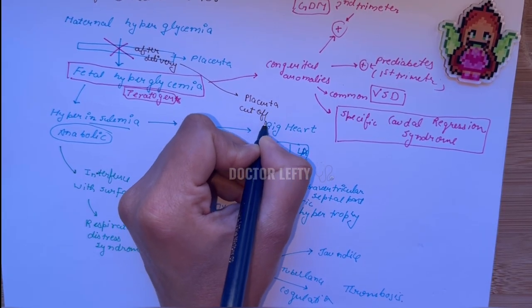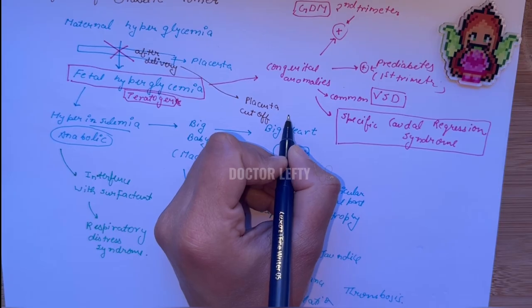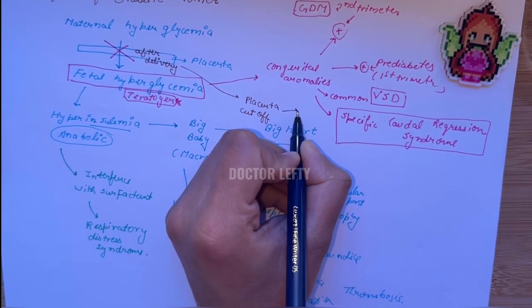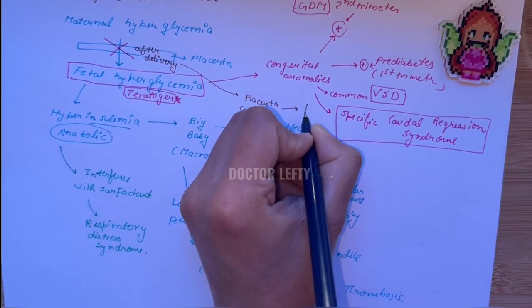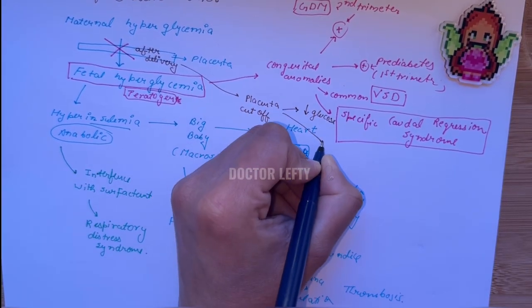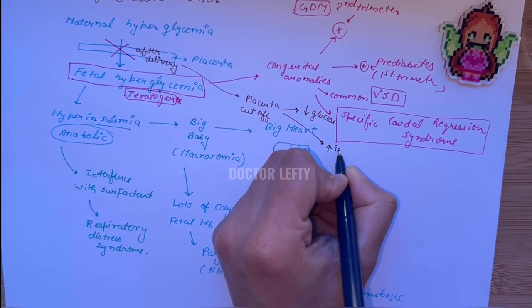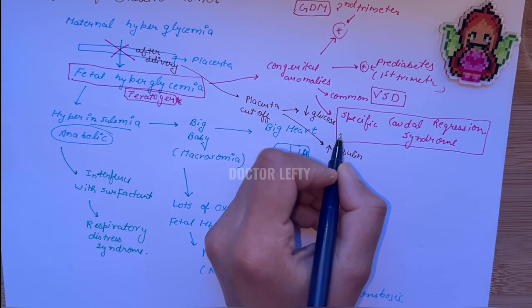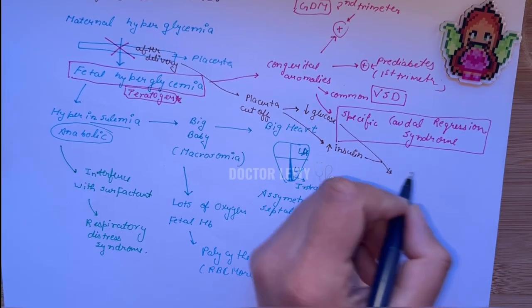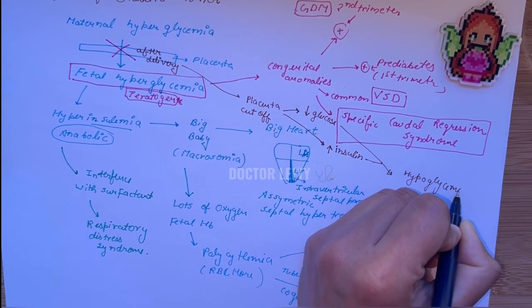Now in the baby, there is low glucose and high insulin level. So what will it cause? There is decreased glucose in the baby and there is a high level of insulin. So this will cause the most important complication, hypoglycemia and